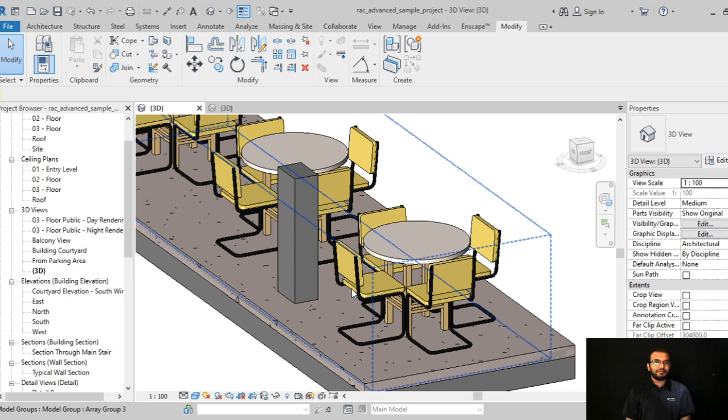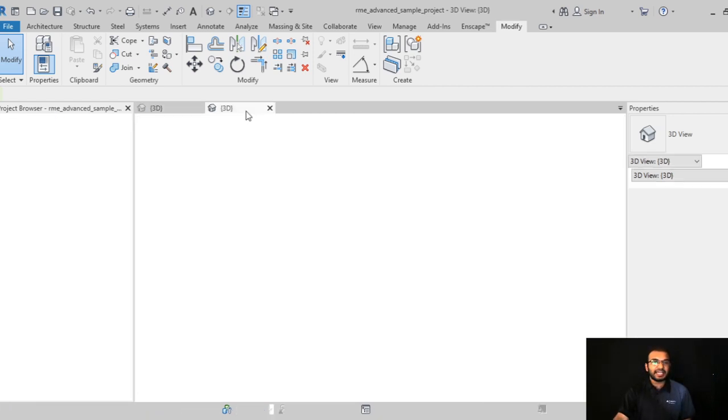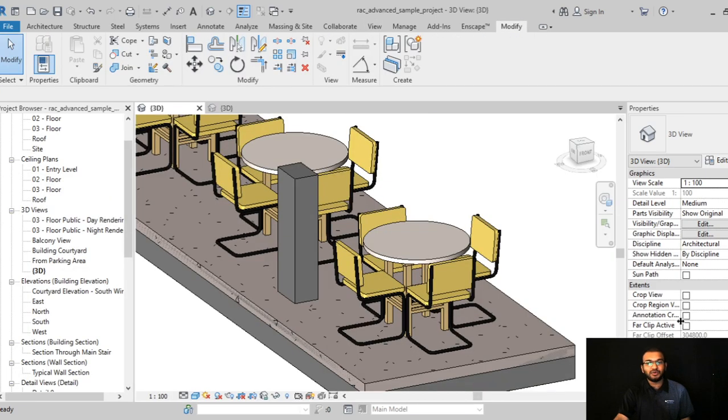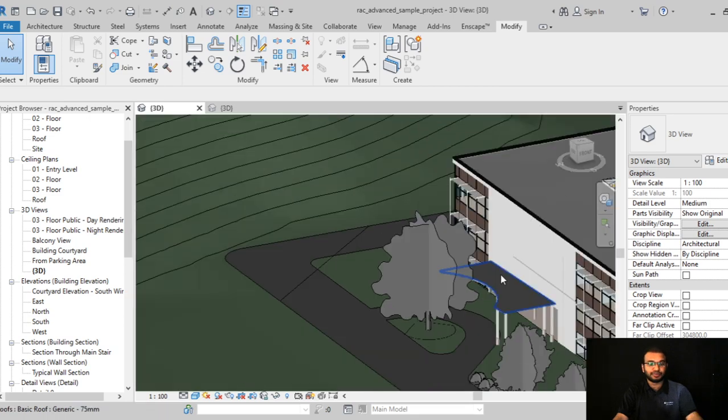Because you are not going to just model something in 3D in Revit. You are modeling in 3D in the first stage, and in the second stage you are going to maintain the complete layout with complete information of that object properly.